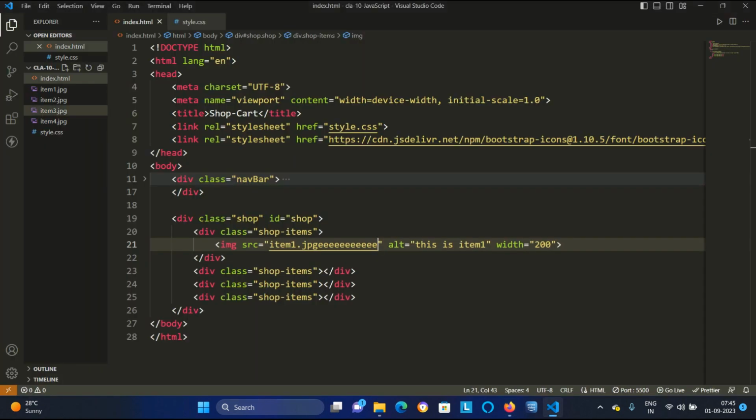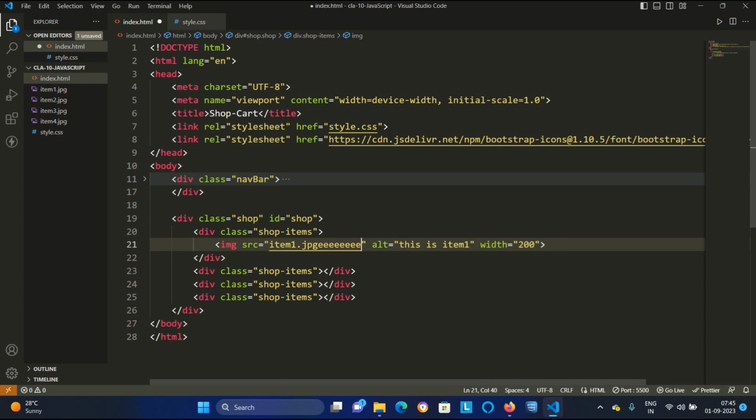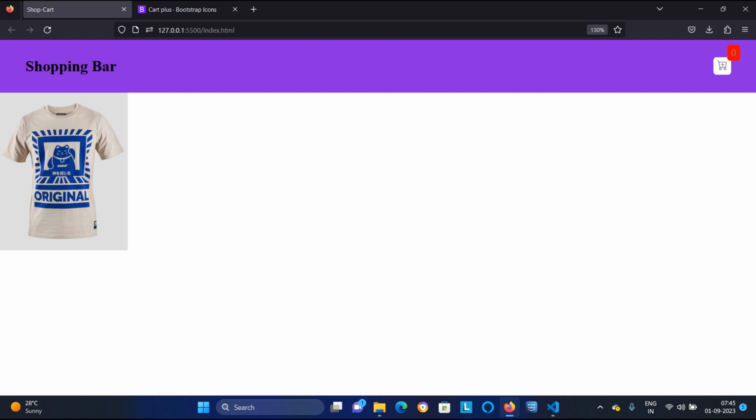Whatever you write at the place of alt, that message will be printed if the image is not loading. So I will save it like this, okay. So this is coming, okay.